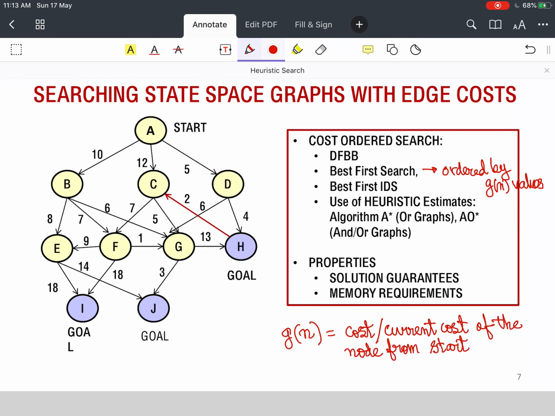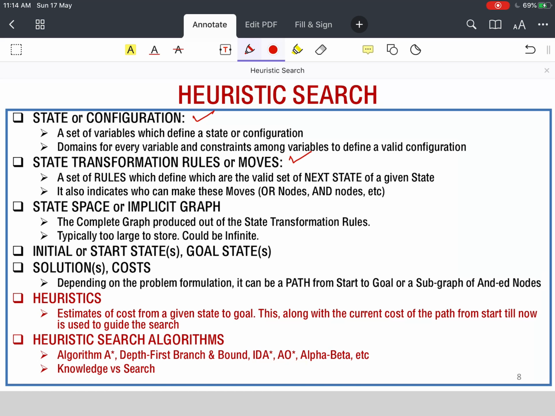So now the heuristic search domain has the same concept of state space search. It has a state configuration, state transformation rules, the implicit state space, the start and goal states, and a solution. But now we have, in addition to the other information, problem specific information.